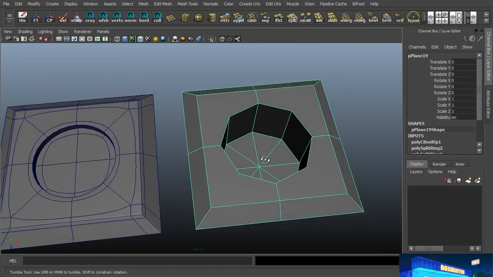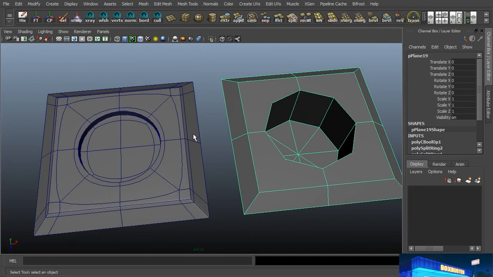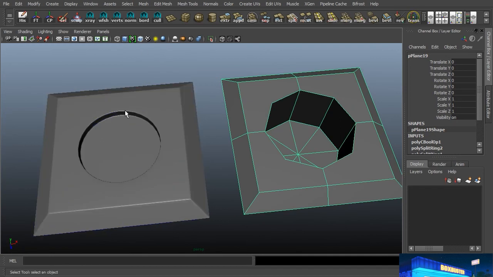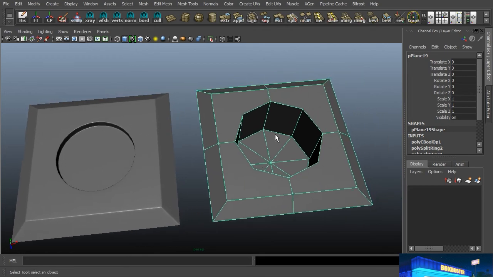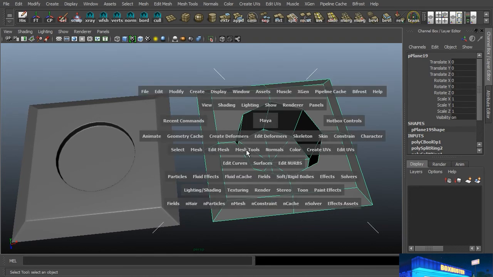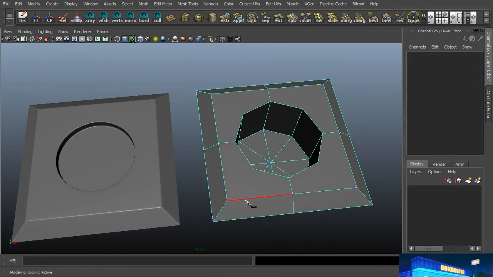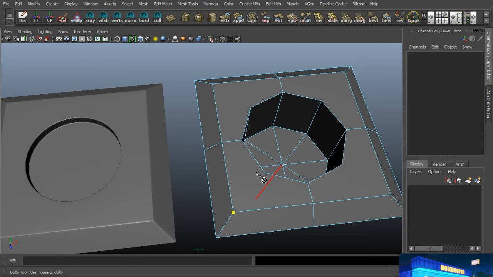All right, now, if you look at our object, you can see that it's a nice smooth edge right here, but we need to hold all of these edges right here. So we know that we're going to have three edges coming up here, but we can't have those three edges go into here, or it's going to add too much tension on that surface right there, and we're going to get a little bit of a pucker. So what I'm going to do is go to Mesh Tools and grab my Multi-Cut tool,